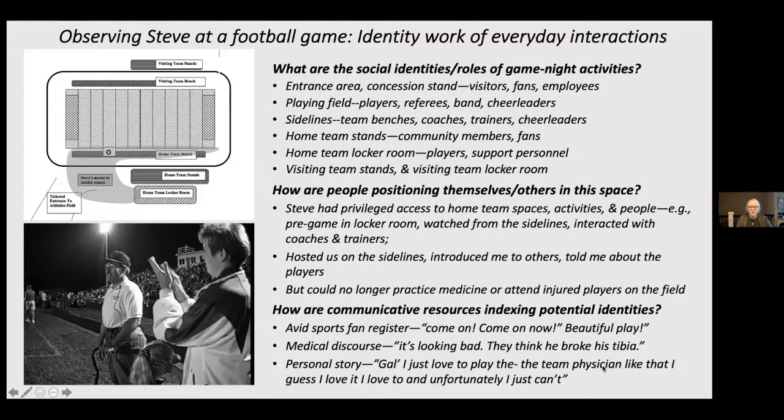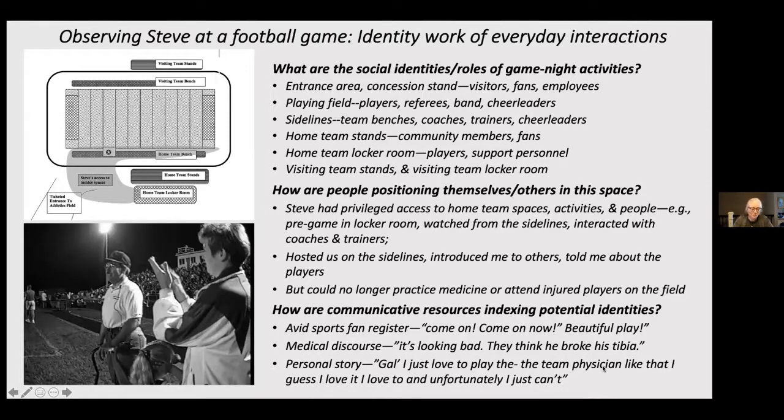For my ethnographic study of individuals with aphasia, I also shared a data excerpt from a community observation of Steve. Steve, if you recall, was a 33-year-old man who was 4.5 years past a massive left hemisphere CVA. Steve had been working prior to this as a physician, and this observation took place after his stroke, when he and his wife were at a hometown football game, for a team that Steve